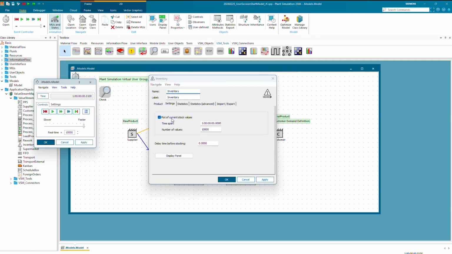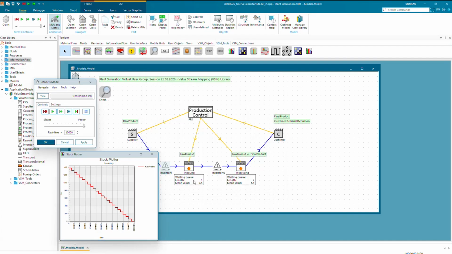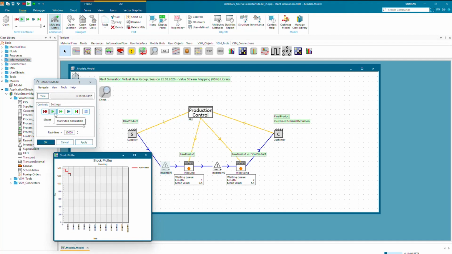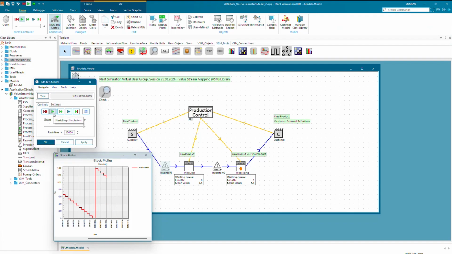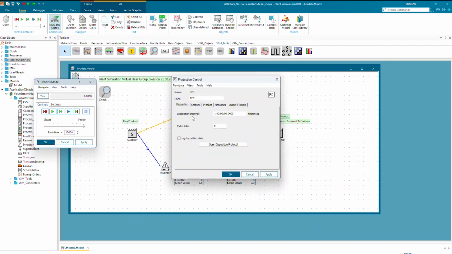For example, if you have here settings for a stock plotter for the first inventory, you would see at the beginning of the day, this is exactly 1440. This is the number of minutes per day replenished, and over the time of the day, this is then withdrawn, and again at the beginning of the next day this is replenished, etc. So this is at the beginning the exact number what the supplier has to provide for the whole system based on customer demand and also based on a disposition interval.